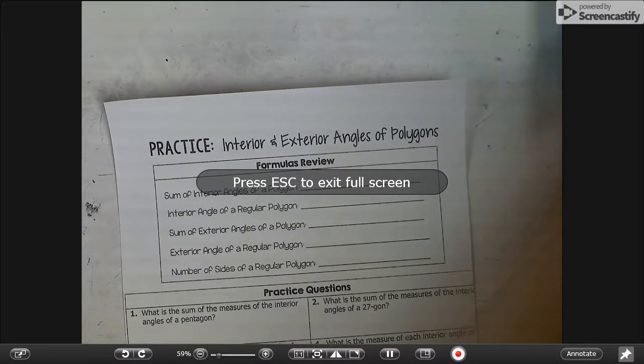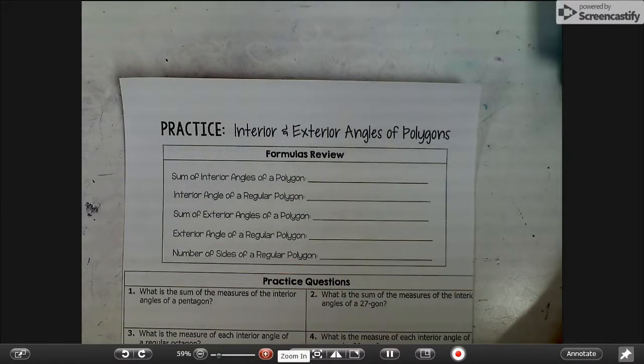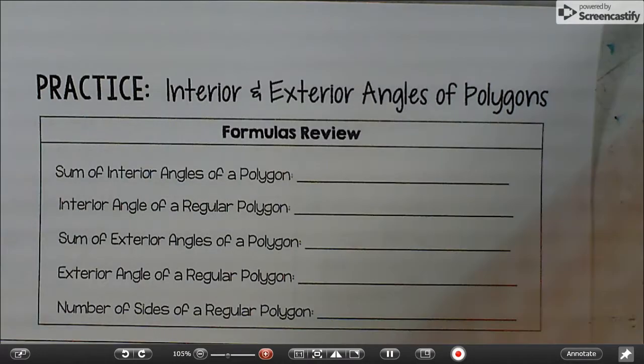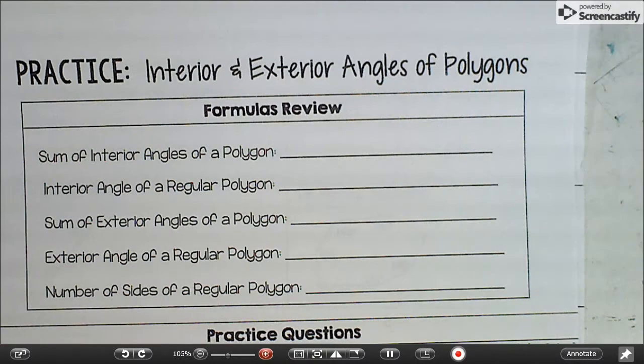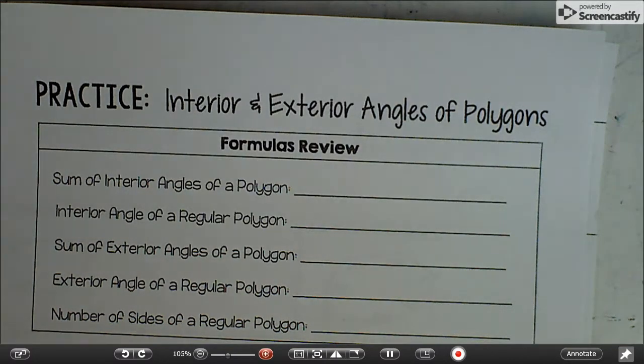Hi, I'm going to talk today about polygons. This is actually the second video. I just haven't recorded the first one yet. I do want to talk about a couple things and what makes an interior and exterior angle before we actually